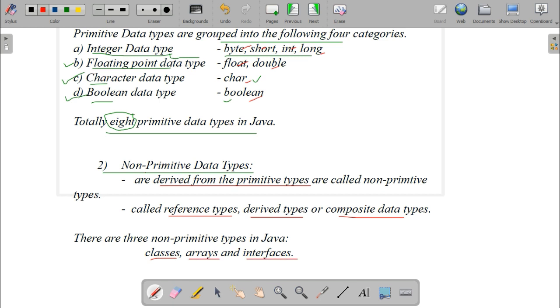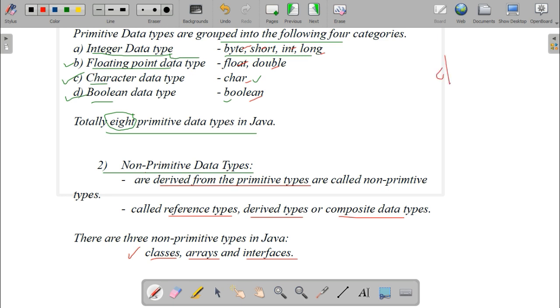Learn these all thoroughly. If asked to write examples for non-primitive data types, you have to write these 3: classes, arrays, interfaces. We can tell objects also are non-primitive data types. Okay. So classes means you know how to write a program in Java and how we write a class name. It is a non-primitive data type, because a class consists of different primitive data types.